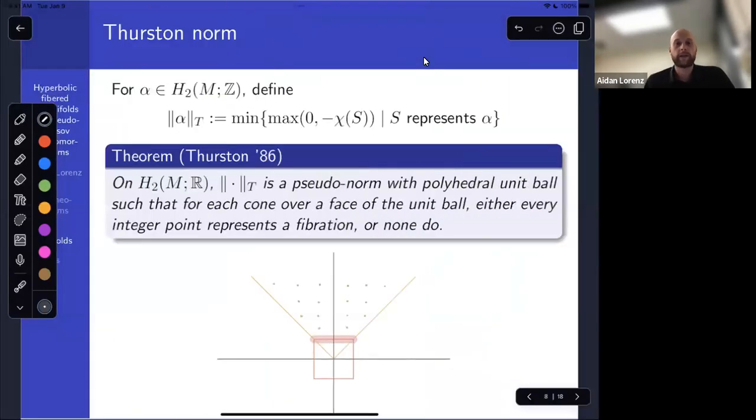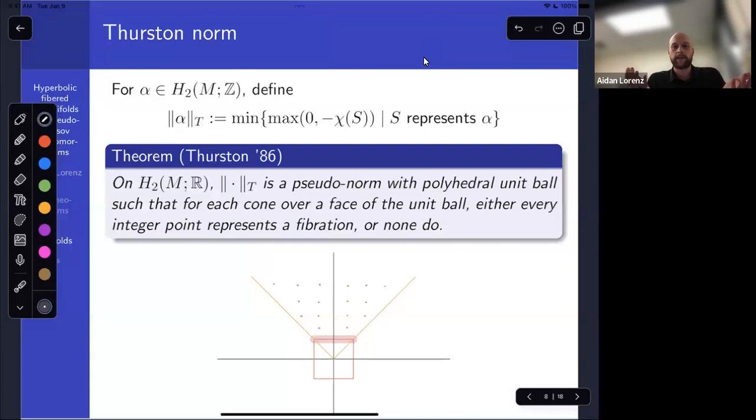In fact, the link between the two things is even a little bit nicer. Thurston also defined what's now known as the Thurston norm, which is actually a pseudo norm on the second real homology of such a 3 manifold. And I'll describe to you how to define this thing on integer classes. If you fix a second homology class with integer coefficients, you can represent such a class as an embedded surface in your 3 manifold. So if you fix a class and look at all the embedded surfaces that represent this class,